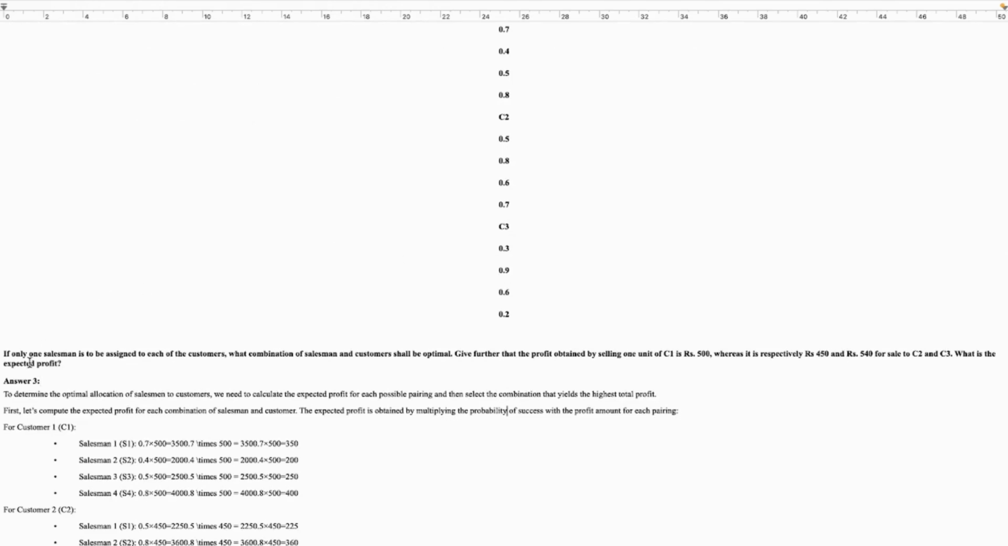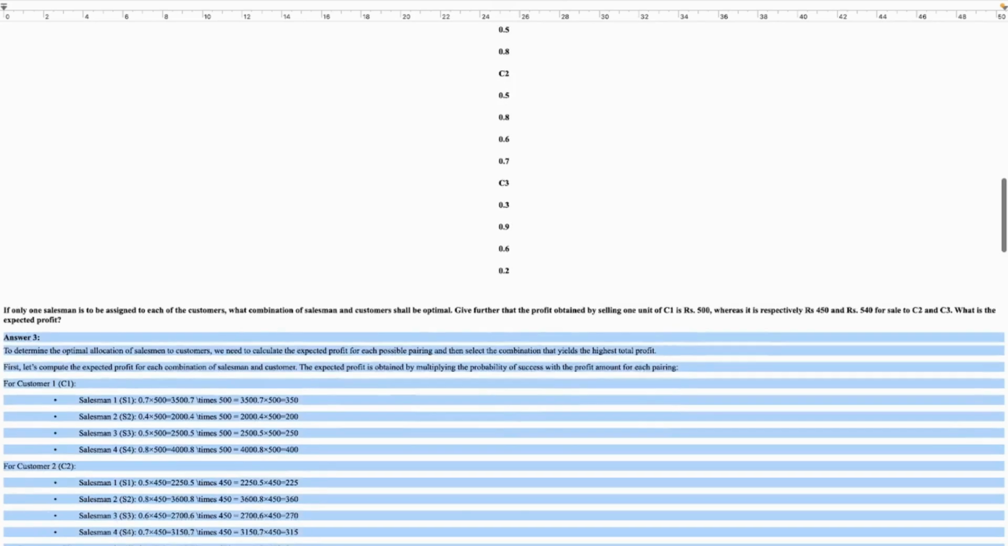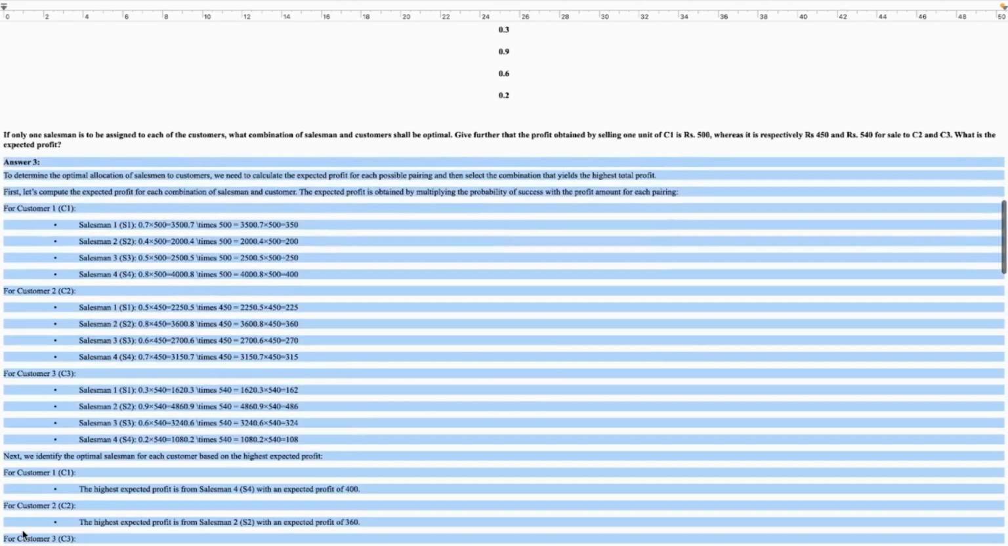If only one salesman is to be assigned to each of the customers, what combination of salesman and customer shall be optimal? Given further that the profit obtained by selling one unit to C1 is rupees 500, whereas it is 450 and 540 respectively for the sales to C2 and C3. What is the expected profit? So we will be answering it by solving